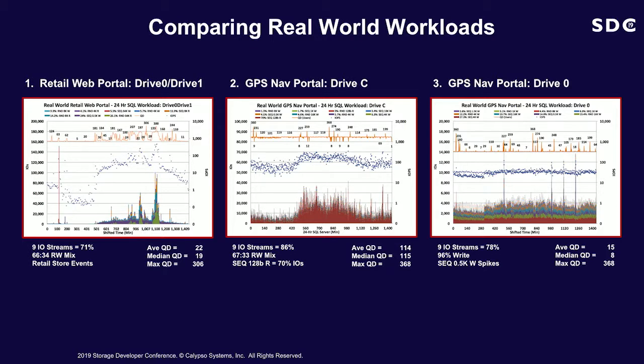If you look at the IO rate of any of these, the IOPS is very low. It's like 100, 500, 1,000. Well, why should I buy a 50,000 IOPS drive if my IO rate is only 100? It's because the application is driven by the users, and there aren't that many users, so the IO rate is lower. If you were to take that workload and apply it in an unlimited fashion to storage, you'll get a